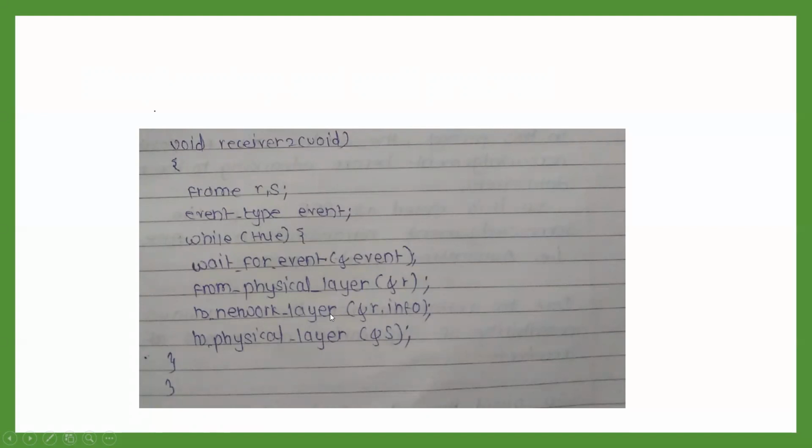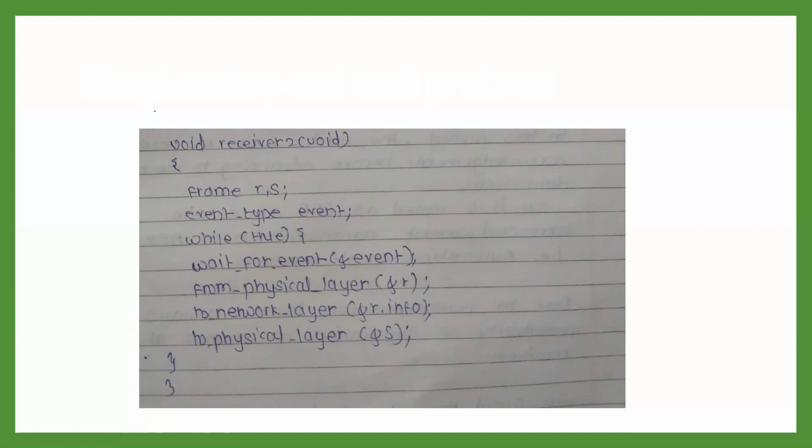Once it is transmitted to the network layer, it will transmit an acknowledgement to the physical layer, okay, and then it will be transmitted back to the sender. Whenever this acknowledgement is transmitted to the sender side, only then will the sender go to the network layer to pump out the data. Okay, so the difference is clear between the two protocols. One is a simplex unrestricted protocol, and the other one is the stop and wait protocol.